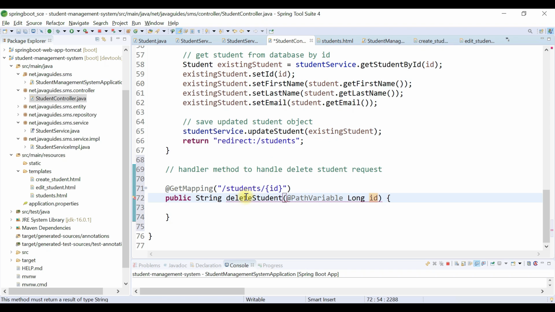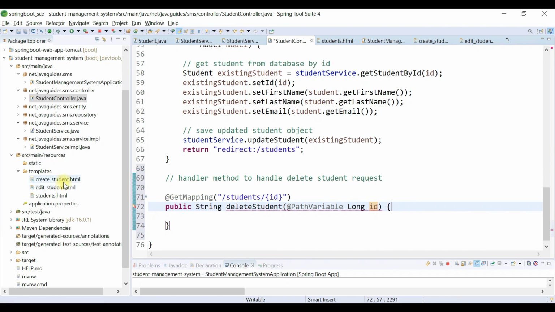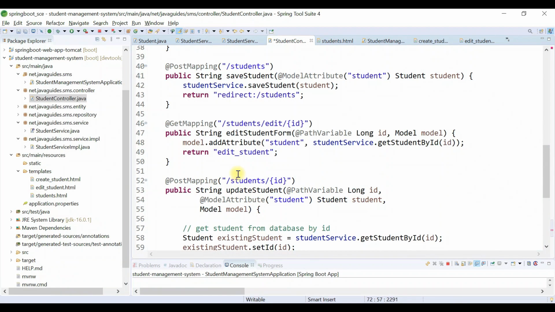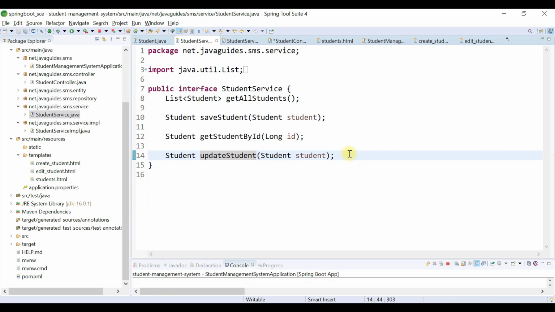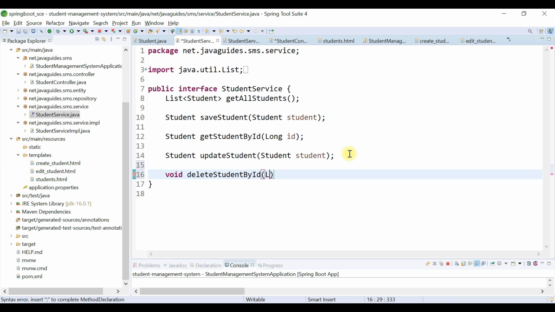Alright, so we need to delete the student from the database. For that, we're going to add a method in the student service. Go to the student service, and here we're going to define the method deleteStudentById, and just pass id here.